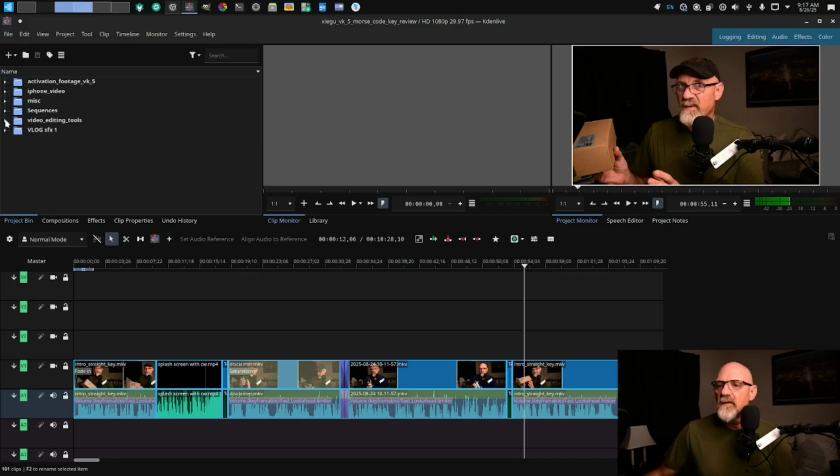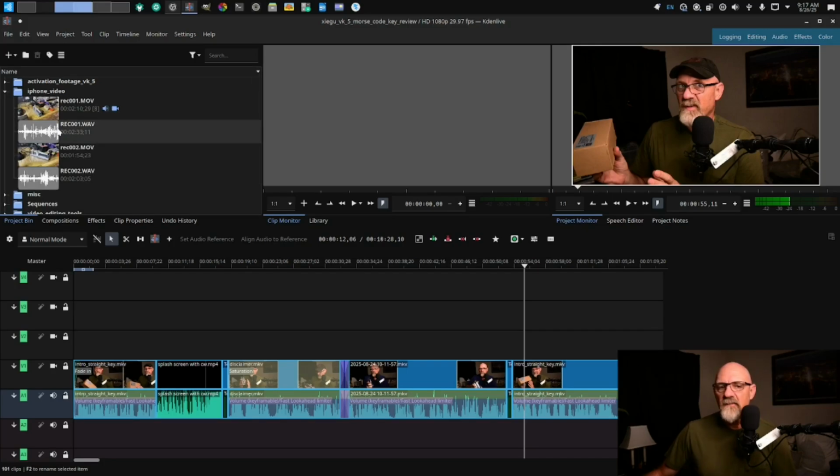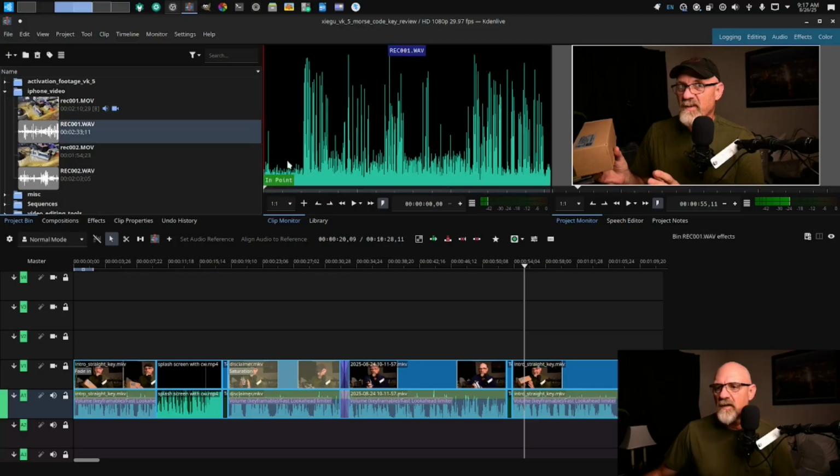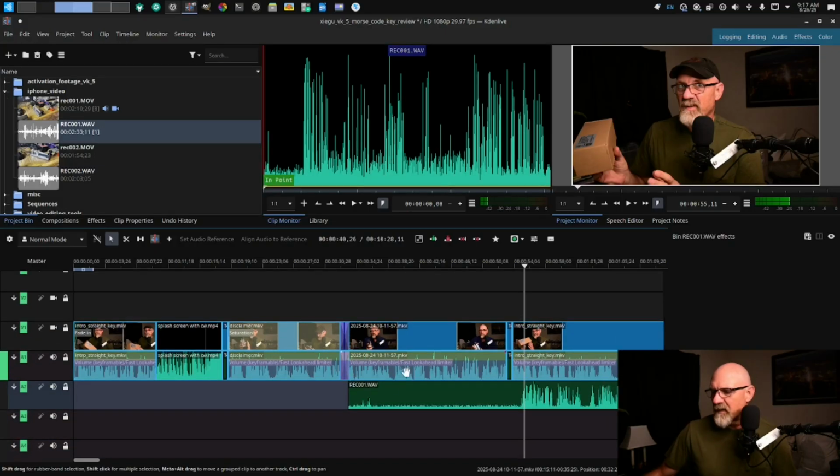And then, if I've got different kinds, I separate them. And you can see I've got audio tracks as well as video tracks where I recorded separate audio to go with this, and that way I can connect them in the timeline and synchronize them. It's got a real easy synchronizing function. Like if I bring this into the timeline,